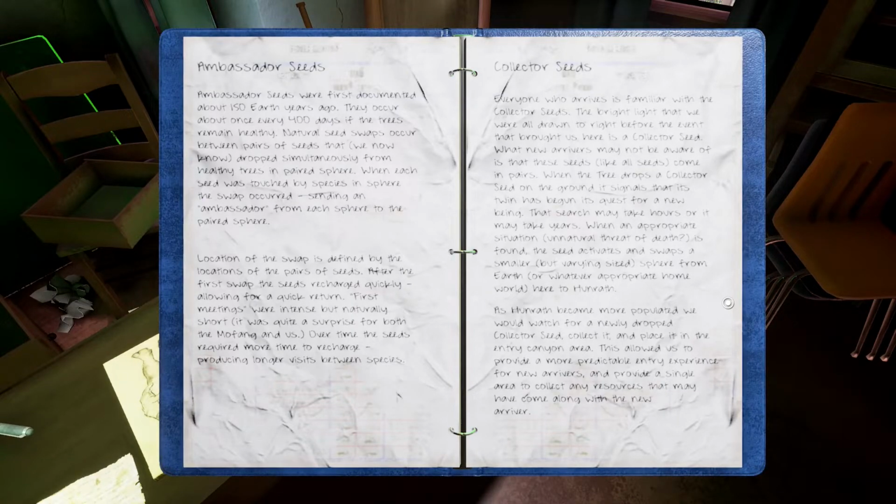Ambassador seeds were first documented about 150 Earth years ago. They occur about once every 400 days. If the trees remain healthy, then they occur every 400 days. Natural seed swaps occur between pairs of seeds that we now know drop simultaneously from healthy trees in paired sphere. When each seed was touched by a species in sphere, the swap occurred, sending an ambassador from each sphere to the paired sphere. So that's how that